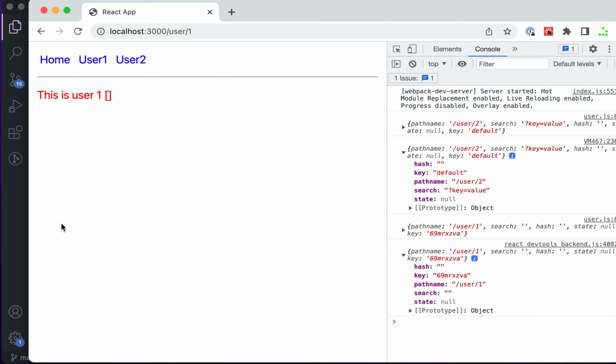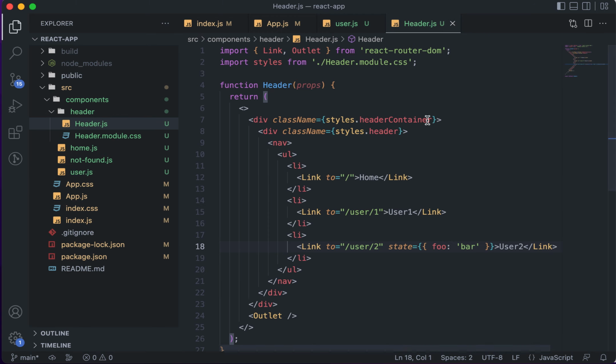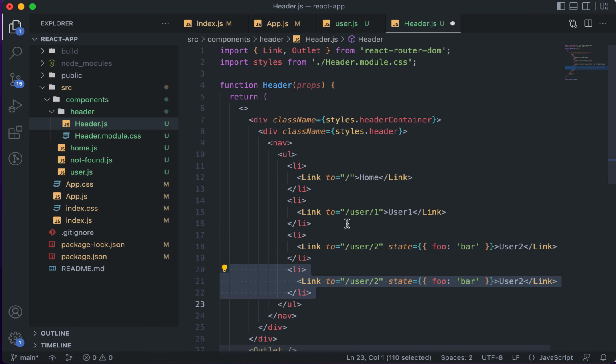And state, we just now discussed. Whatever data we are passing via link, that can be available here. Now, what is the purpose of this? You can do something like that. Let's say some additional link is there